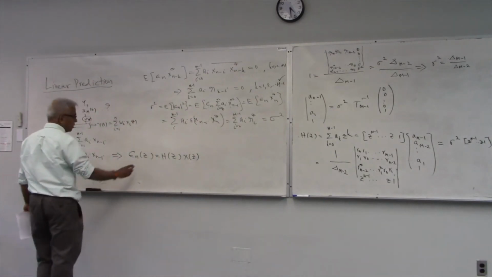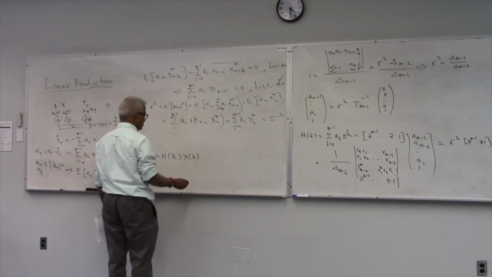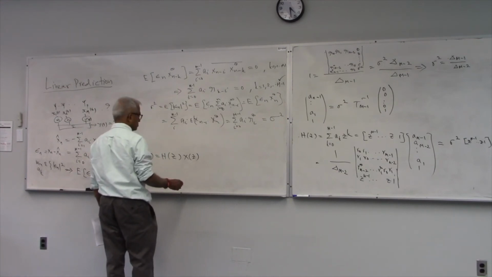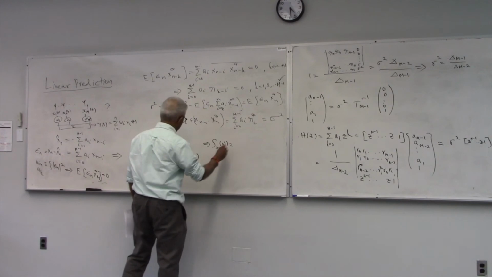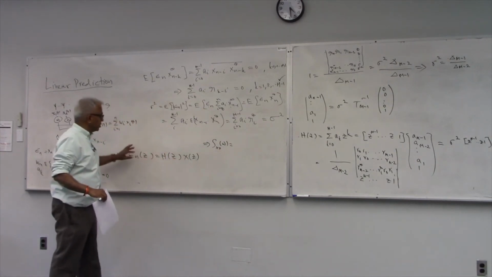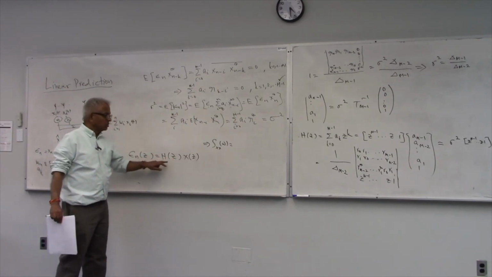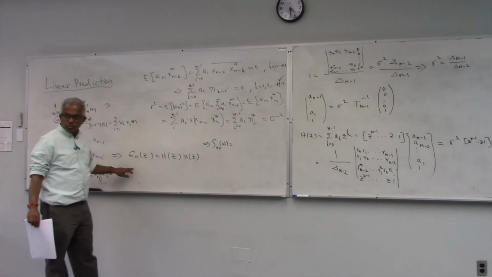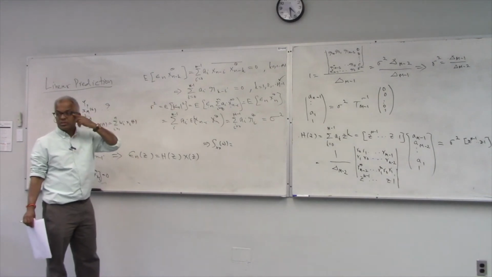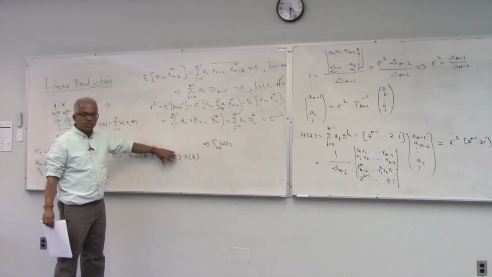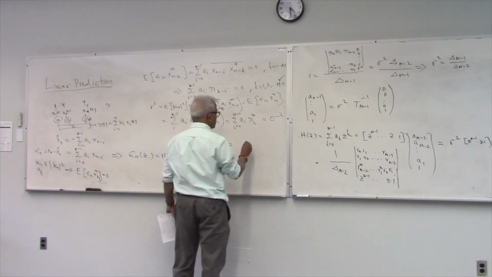So multiplied by x of z, consequently, so anybody, what is the output spectrum? So look here, the output spectrum is the, so this is your input, right? This is your filter, this is your output. Output spectrum is sigma squared because we saw it's a white noise, right? So this is constant equal to this transfer function squared multiplied by this. So I hope you see that this is